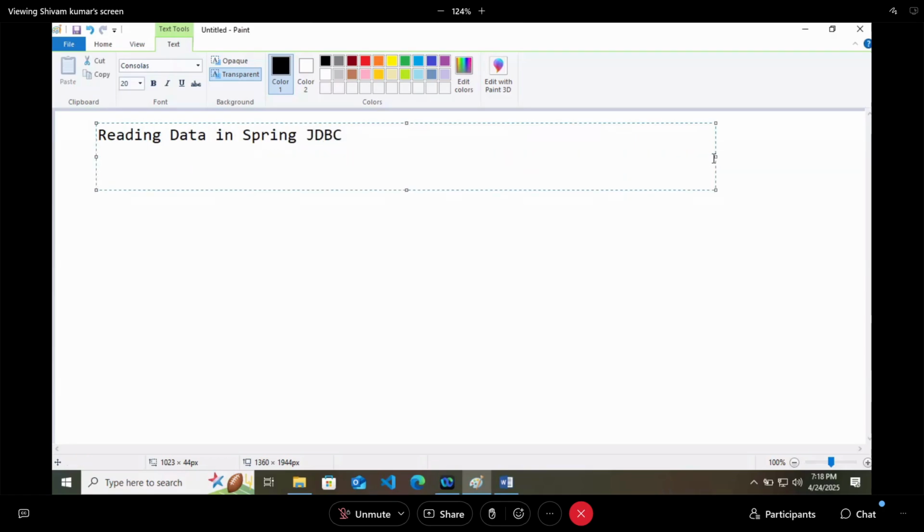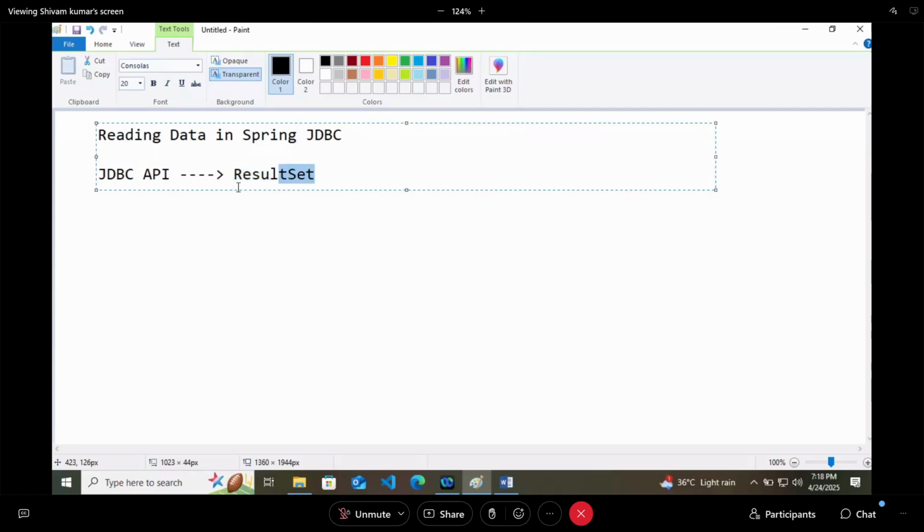When you work with the normal JDBC API, you will see something called ResultSet, where you take the data, iterate over this data, and print whatever operations you are doing there.